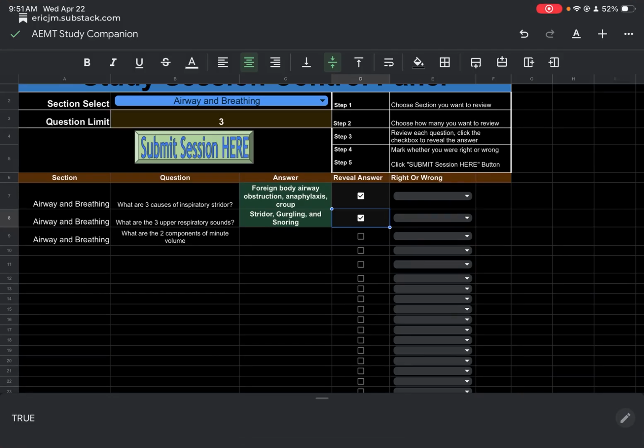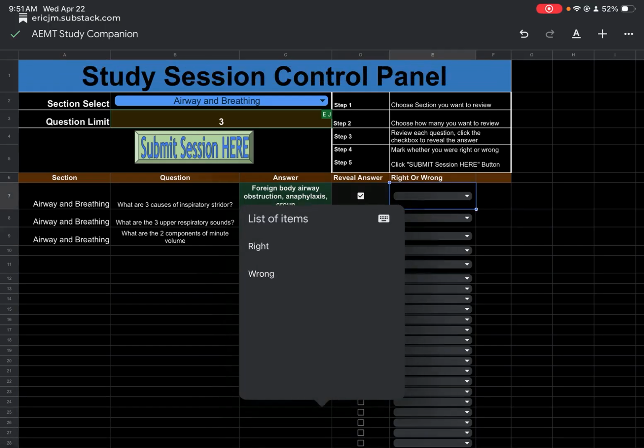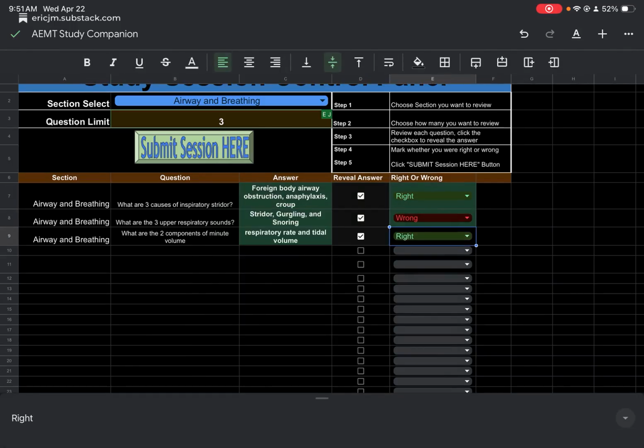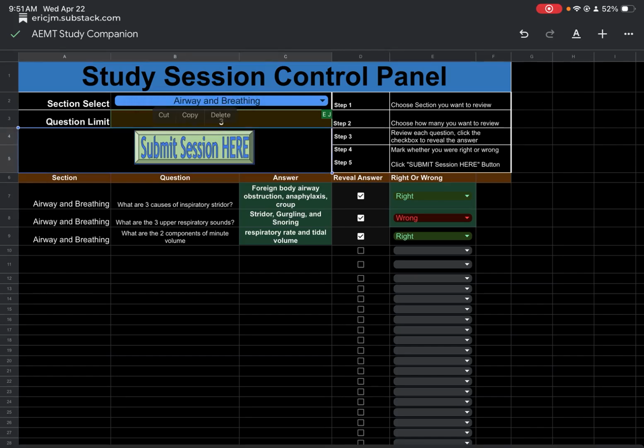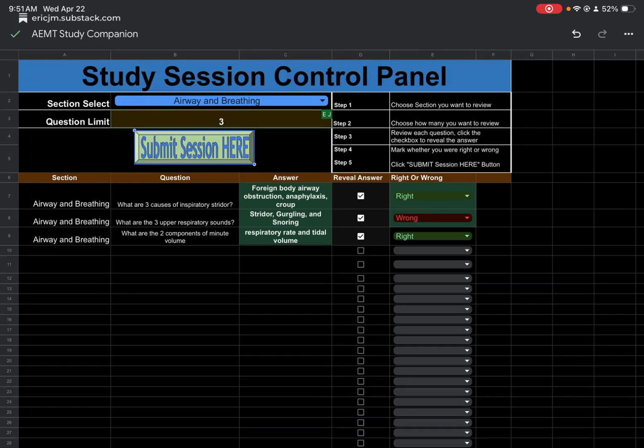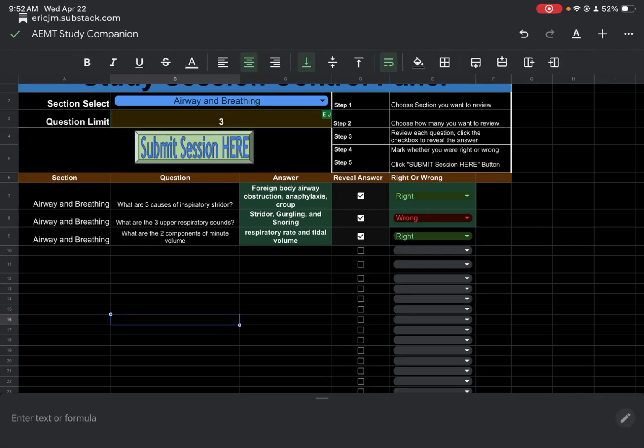All right, so once you got that, reveal your answer. How accurate were you? Respiratory rate and tidal volume, great. If you got those right, you just click down here. If you got it wrong, then click right. I'm just doing this for giggles. As soon as you're done with this, all you have to do is click submit session here. Hopefully it works. I don't know if this button works; it works better on the browser. And once you click that